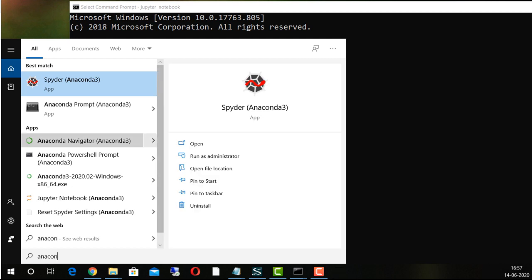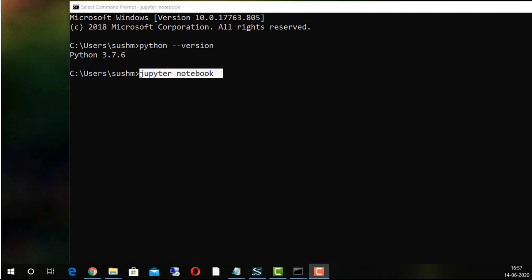So if you open Jupyter directly, or if you open from the terminal, that is the command prompt black window, both will directly open in your browser. But if I open Anaconda Navigator, a panel kind of thing will open, that I'll show you in a minute. It will take time to open, no doubt in that. If the system's RAM is less, it will take more time. If your RAM is good, it will take less time. I can see some dialog is opening on my other screen. Let me wait for a minute.